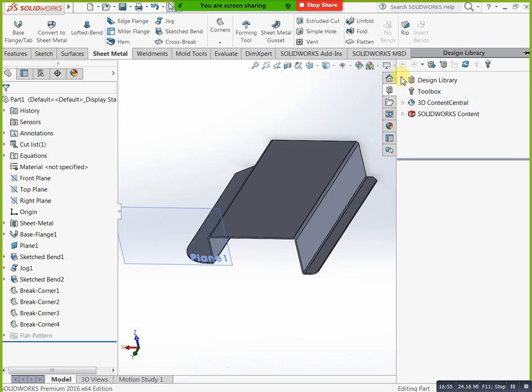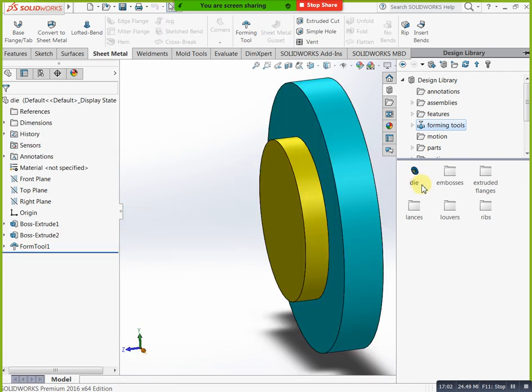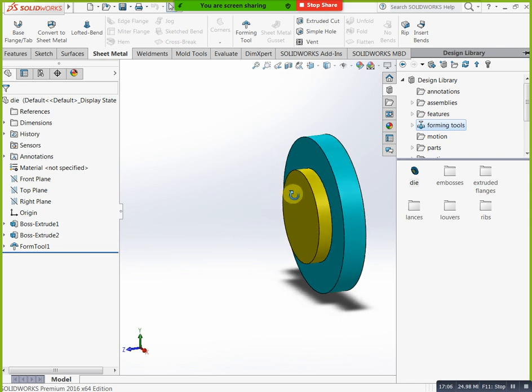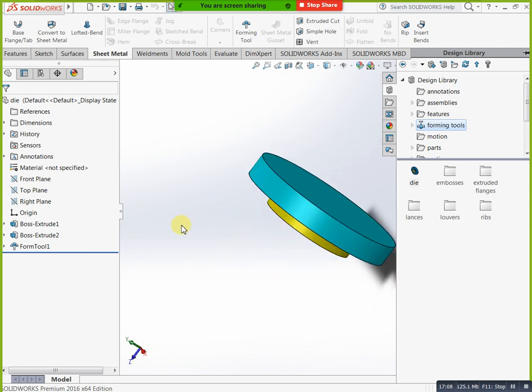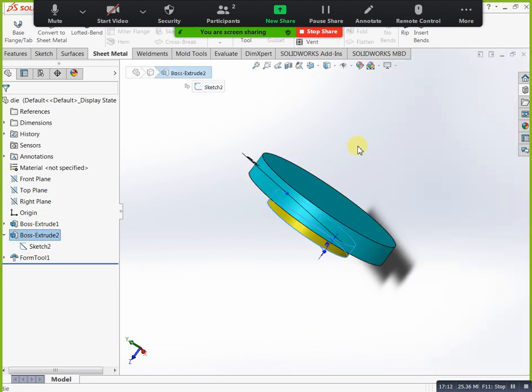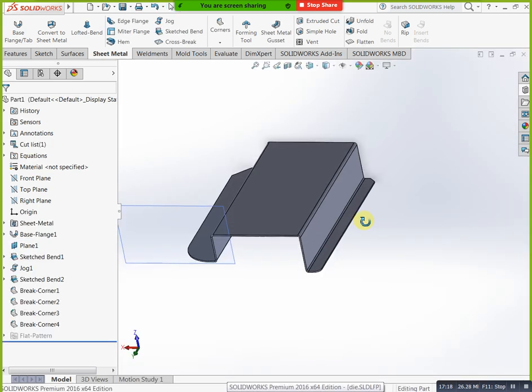For example, I'm going to the, you can close this one. I'm going to the normal. I don't need this one. I'm placing here. Just go to design library. You can select this one and you can place directly like this. What happened? Not applied. That condition go to forming tools and insertion point. Okay, stopping face.